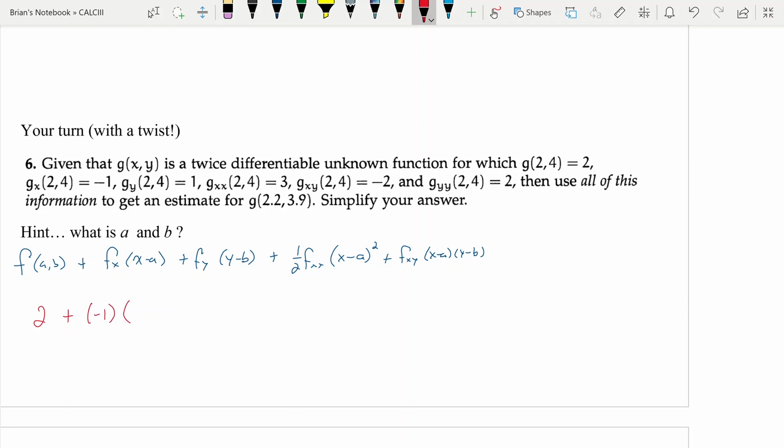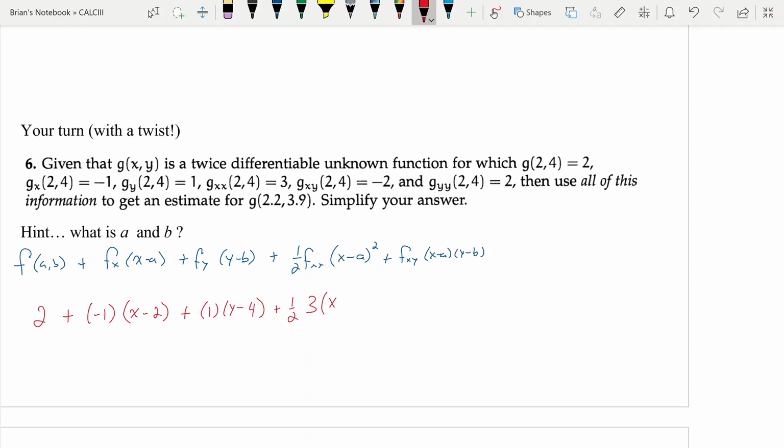Now x minus a, so our x is just x, and our a is 2, as you can see right there. Okay, next we do our f of y. F of y is going to be 1 times y minus b. Our b is 4, you guessed it. My mouse is being weird again. 4, there we go. Plus 1 half,